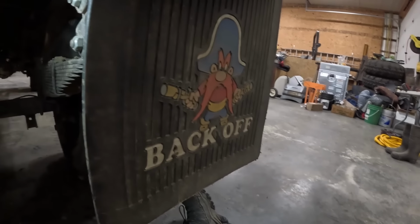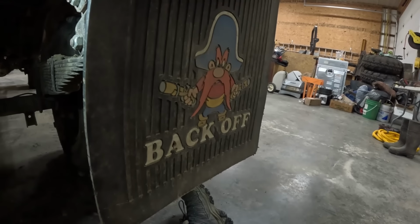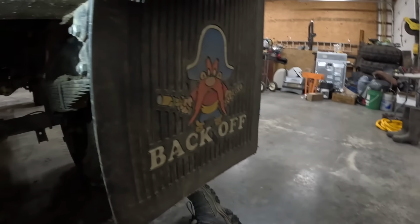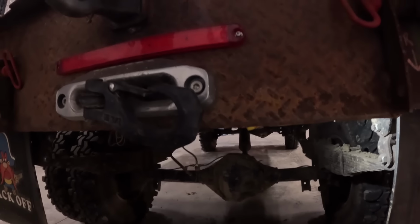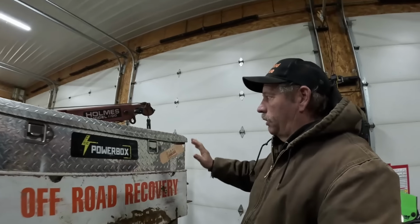And then, yes, here is Yosemite Sam. He is my buddy. He keeps an eye on my back everywhere I go. Then I do have my rear Apex 12,000 pound winch back here. So the whole back side of the truck is all set, good to go. Now coming on around to this side,